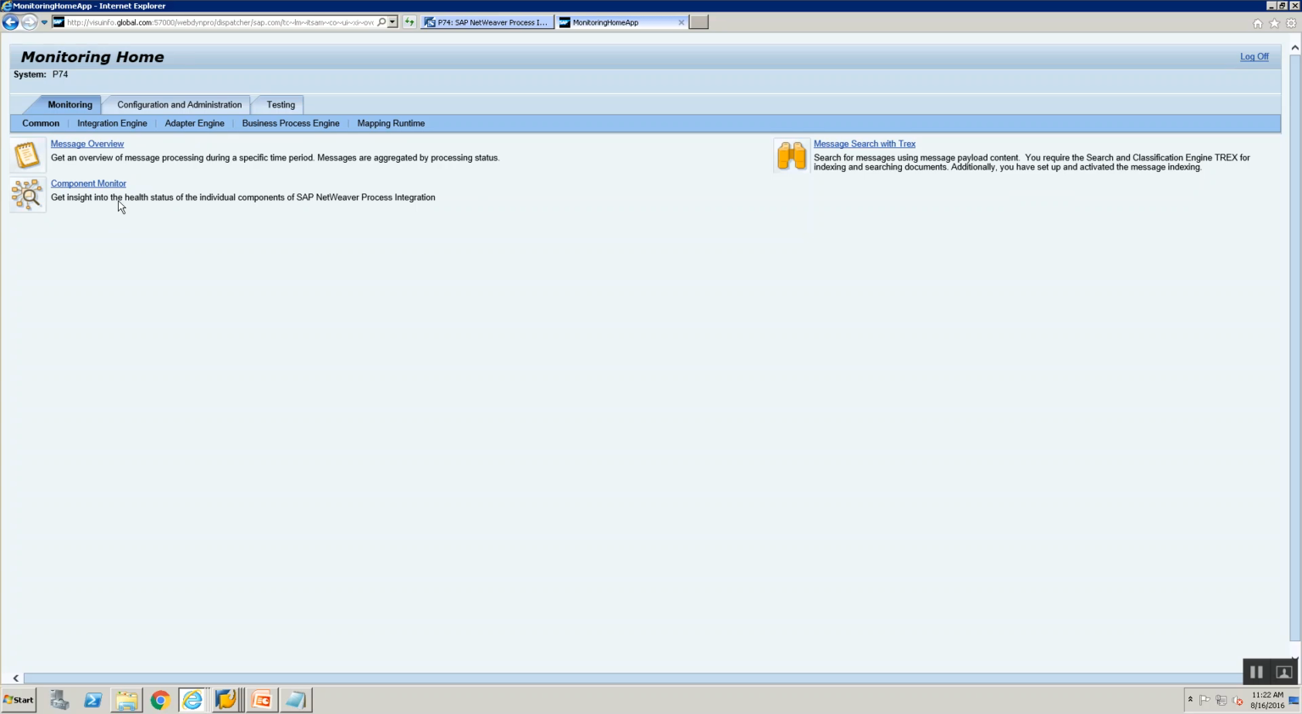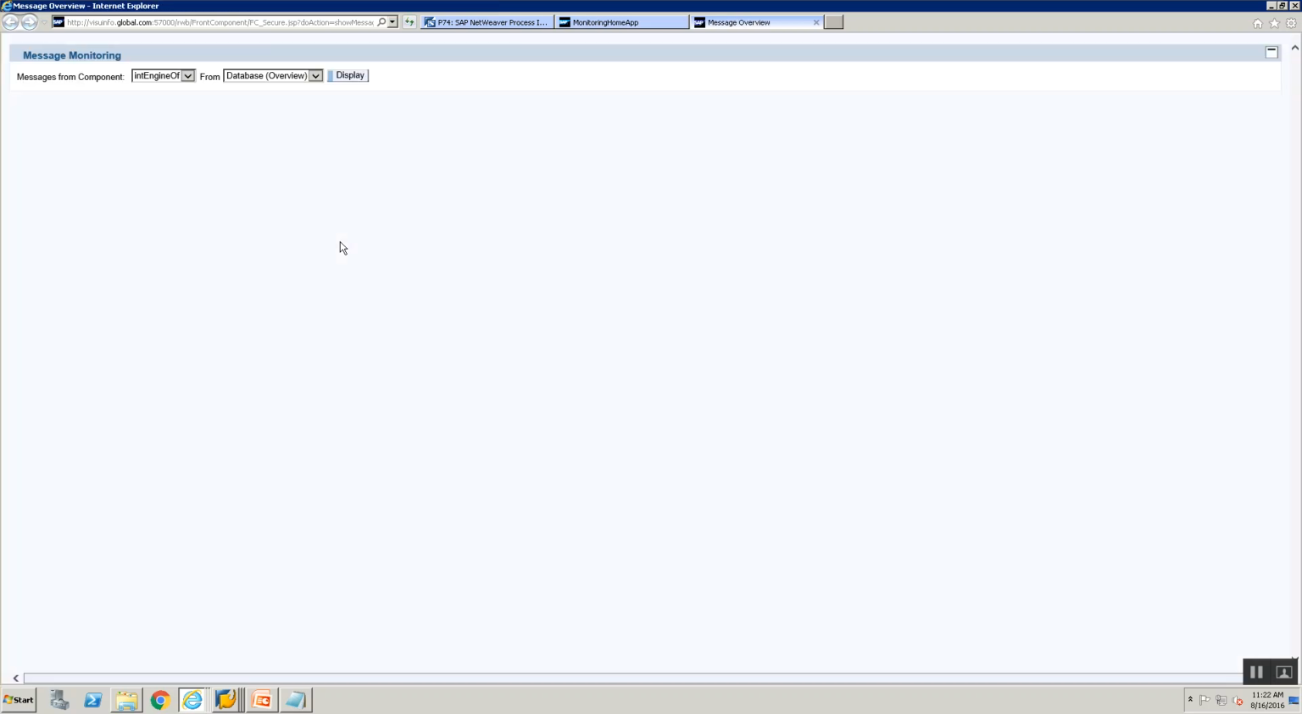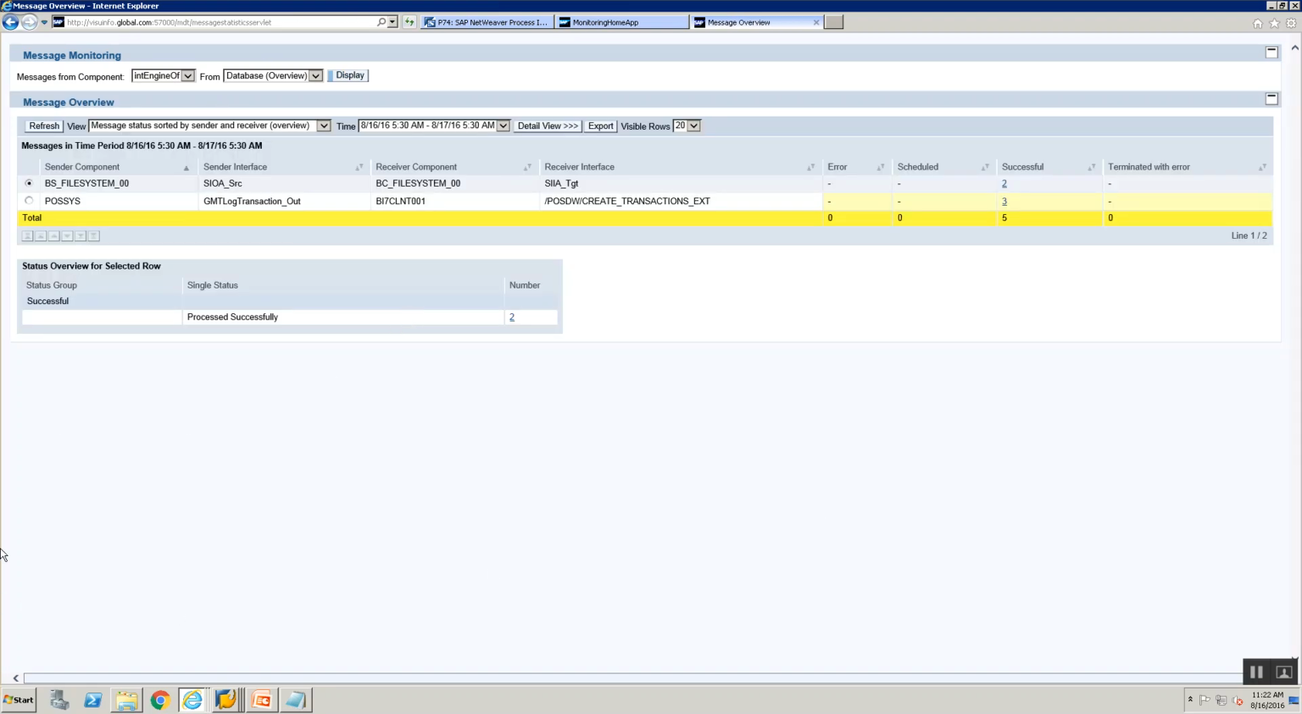and adapter engine. We've already looked at the component monitor. Now let's look at message overview. I let everything be default, click on display, and here we go. In the message overview, as the name implies, you get an overview of all the messages that have processed in your system. So for the scenario that we have built, the file to file scenario,